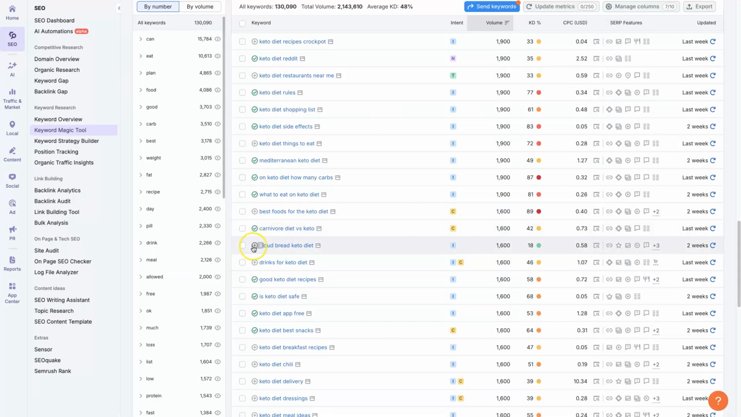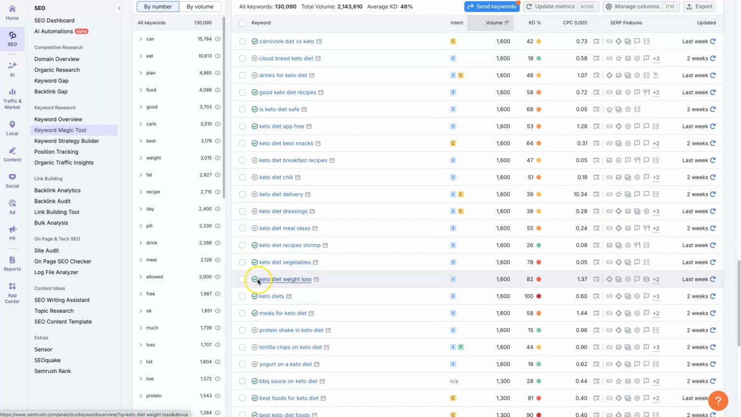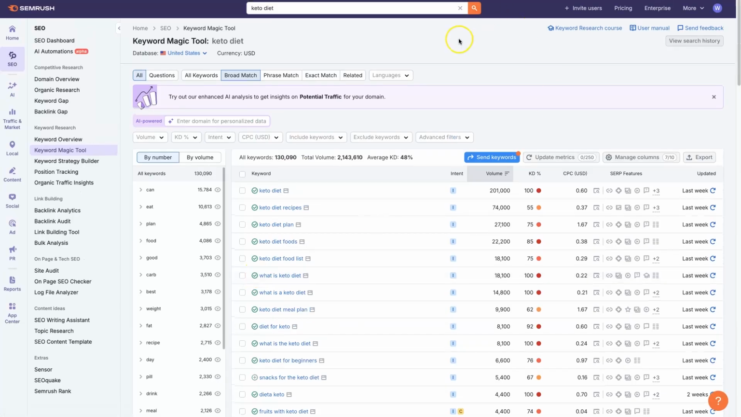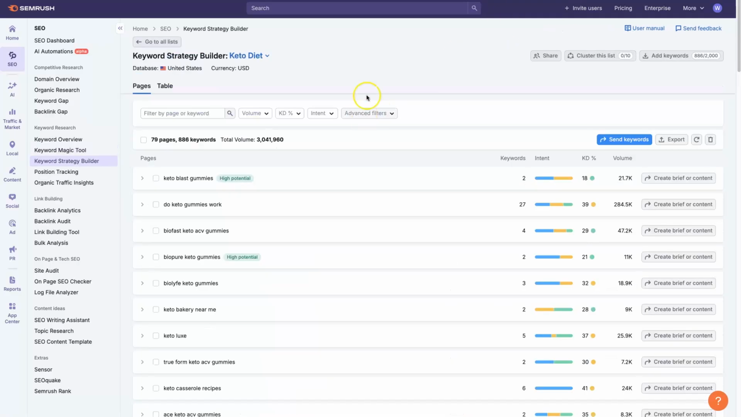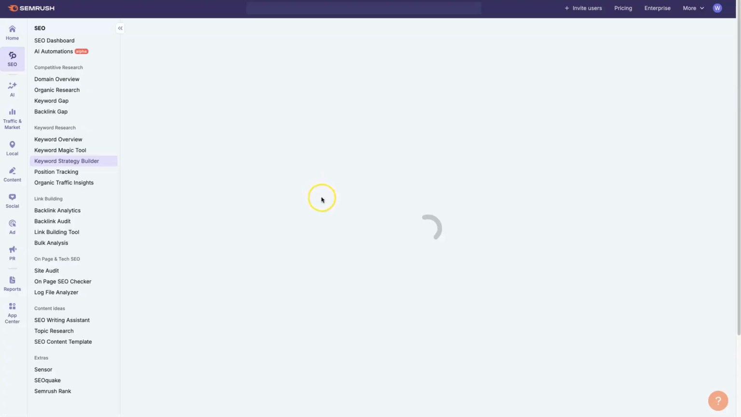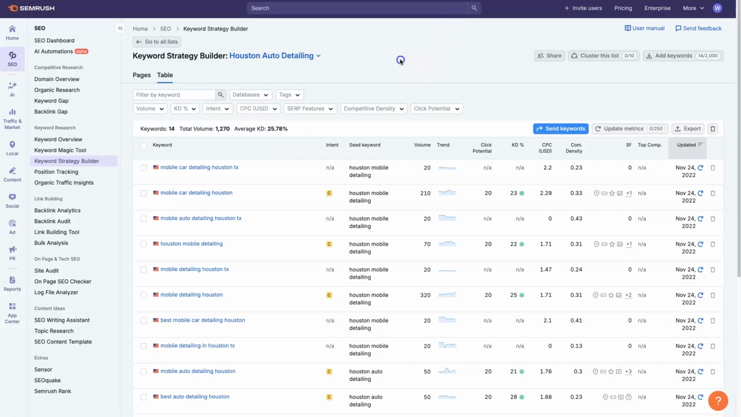So first, you need to set up a list, go through and add these keywords to your list. And then it will automatically cluster the keywords for you on your list, right? So if you have multiple lists, you can switch between lists. I actually have a second example using auto detailing. And then if we go to the strategy builder here,